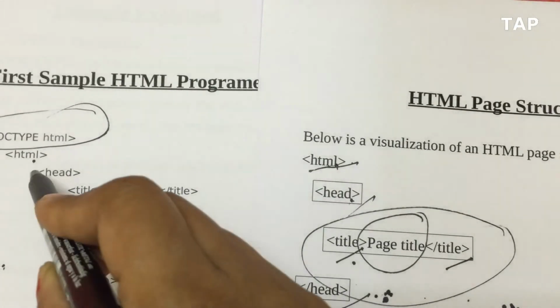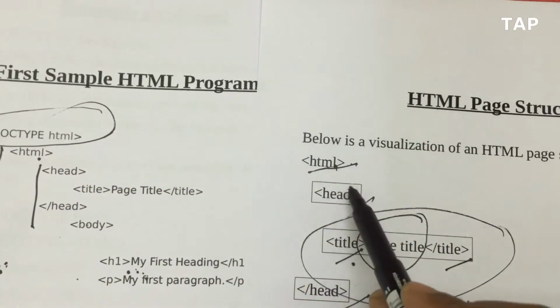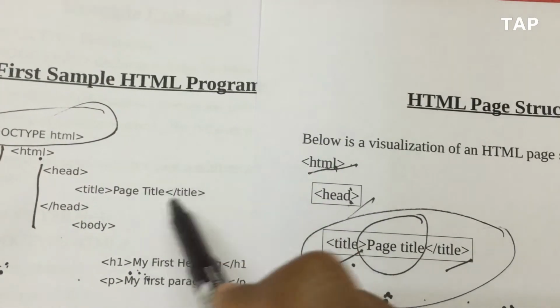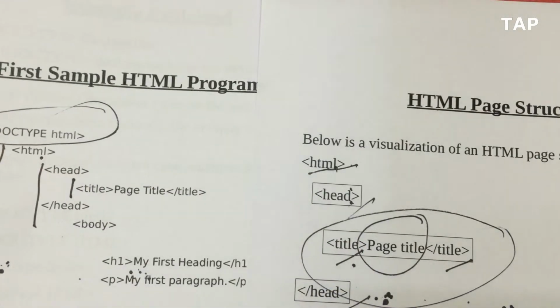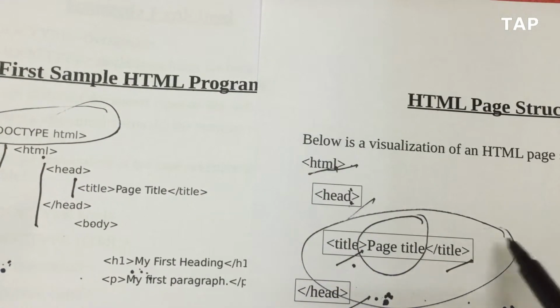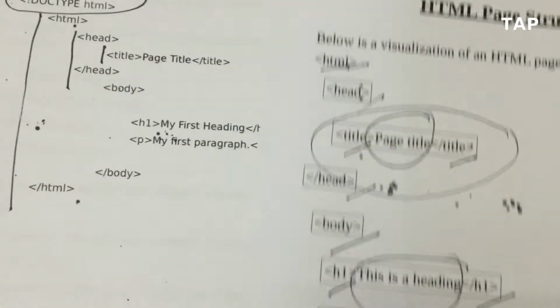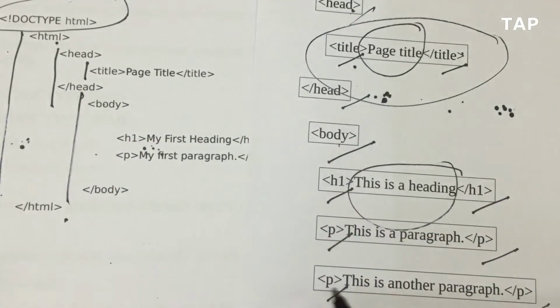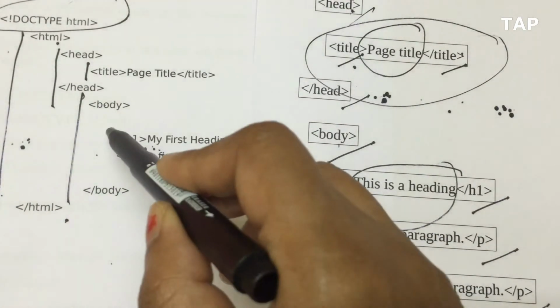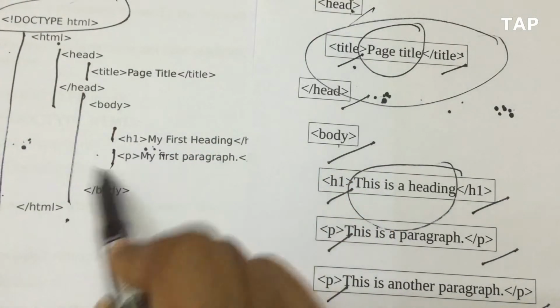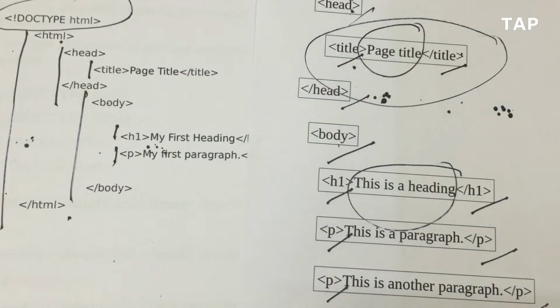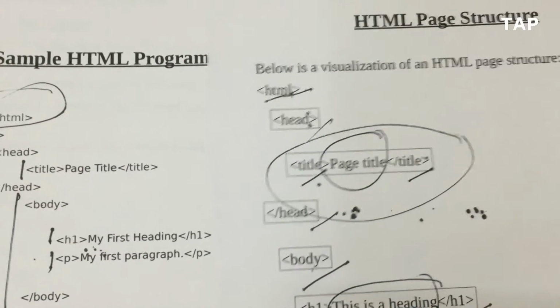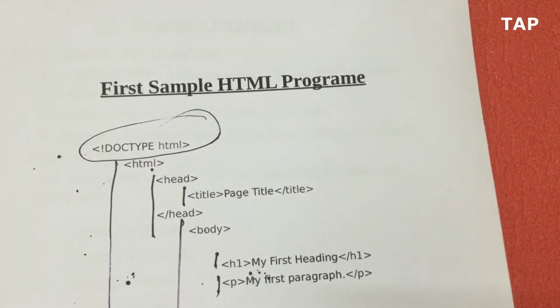Okay. And inside there, I have a head tag, where you can see this is our head tag. And there is a title tag which explains the head tag. So this is your title tag. Then starts the body tag. Here you can see the body tag. And inside body, I have one heading tag and one paragraph tag. Just a simple program I have taken to explain clearly.